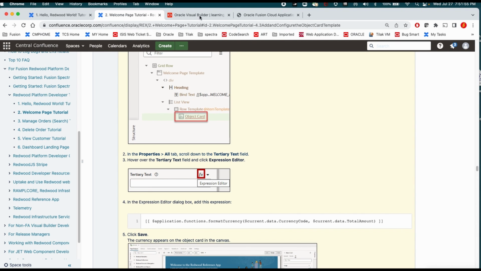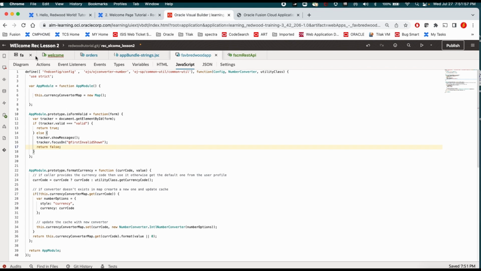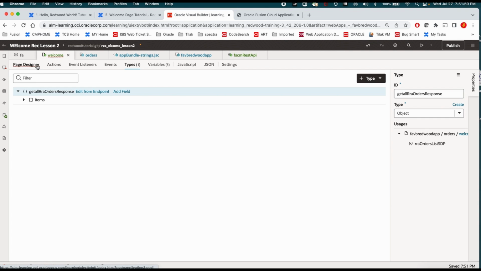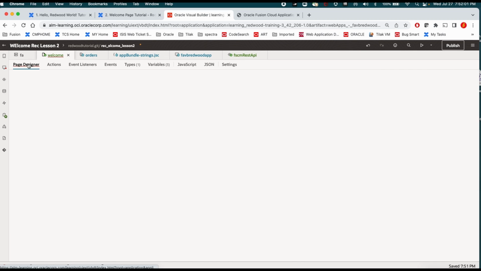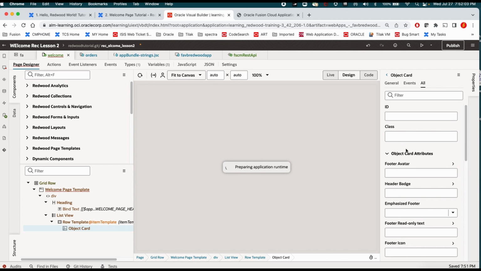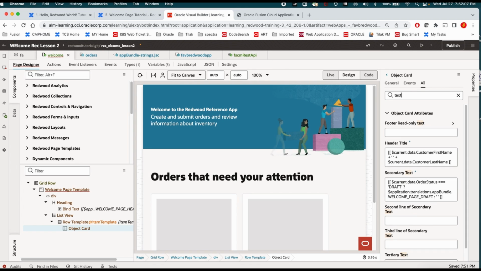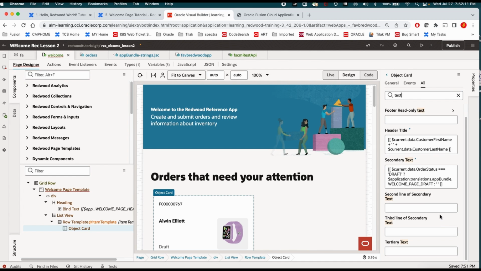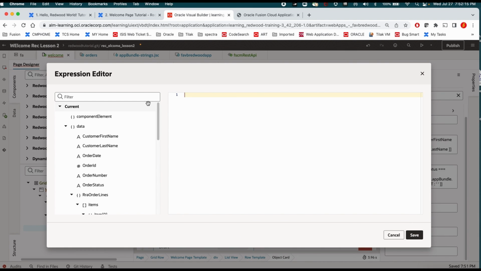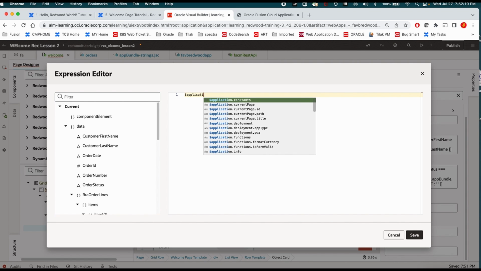Now how do we do that? We go and do it our own way. Okay, page designer, territory text. We are going to the territory text and filtering it. So I know where the territory text is coming from. That is territory text. Okay, I'm coming here. I'm calling application dot function